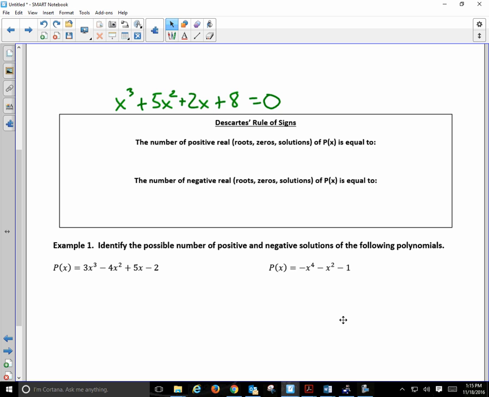Descartes is in some ways the father of our modern algebra system. If you've ever heard about the Cartesian plane, which is the xy axis, Cartesian, Descartes, that's where it comes from. So the man was a serious mathematician. He put some nice things together. He said the number of positive real roots of a polynomial is equal to the number of sign changes